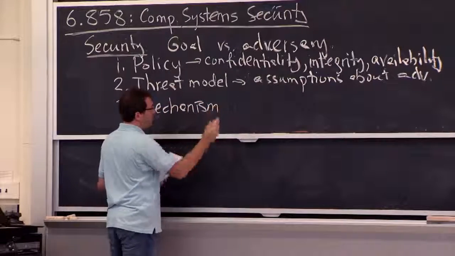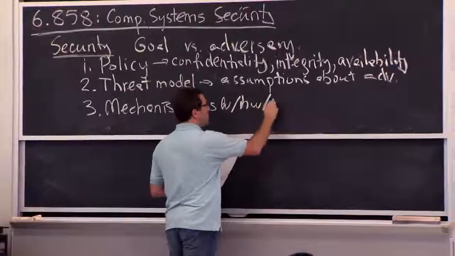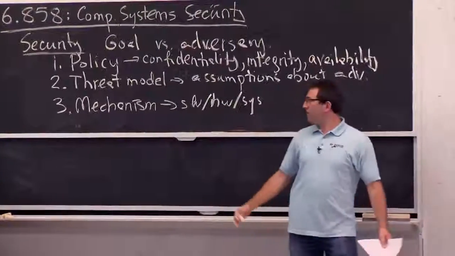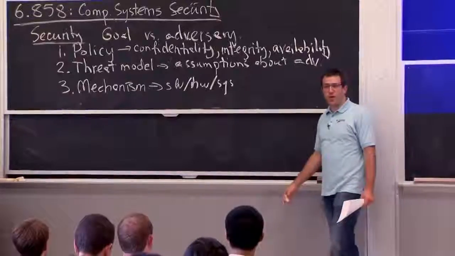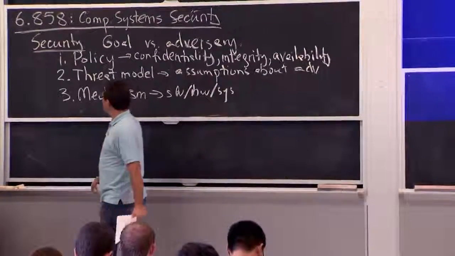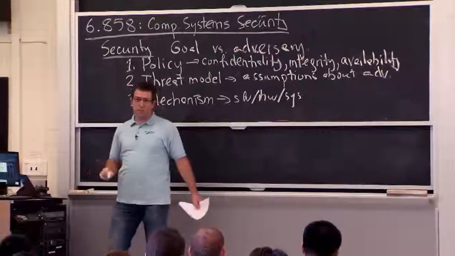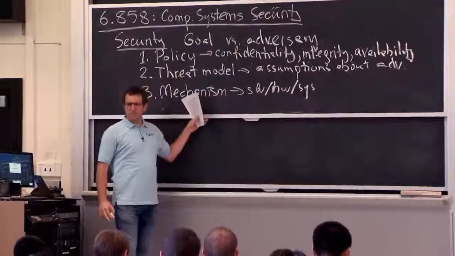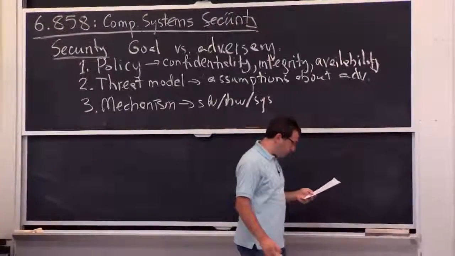And this is basically the software or hardware or whatever part of system design, implementation, et cetera, that's going to try to make sure our policy is followed as long as the bad guy follows the threat model. So the end result is that as long as our threat model was correct, hopefully we'll satisfy our policy. And it has to be the case that the mechanism doesn't screw up. Make sense? Fairly high-level story about how to think about this kind of stuff.